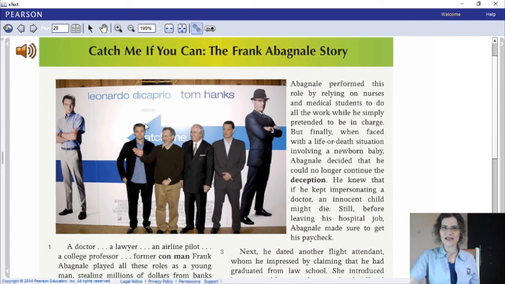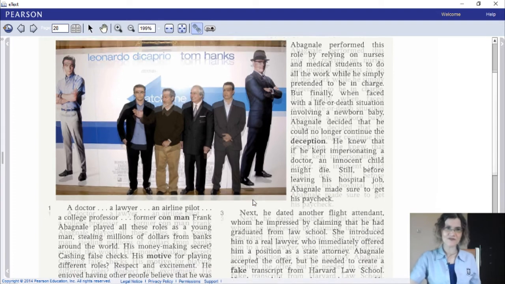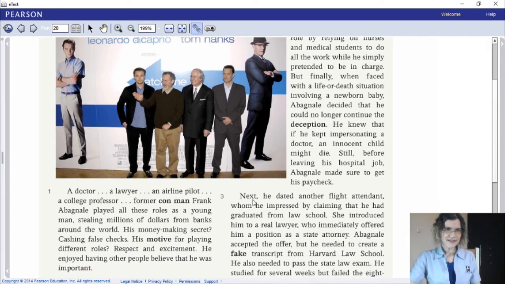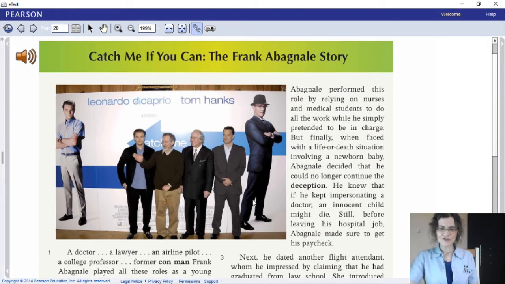doing that with this text, Catch Me If You Can, the Frank Abagnale story. We see the picture here. This refers to the movie that was made and played by Leonardo DiCaprio and Tom Hanks. It's a bit of an older movie. I don't know if you've watched it. It's funny to watch though. And so when we preview, we really only look at the title and the visuals and headings. But this text has no headings. Now, if you would then underline or circle the keywords in the title, you can say catch, can, and then a name, for example.